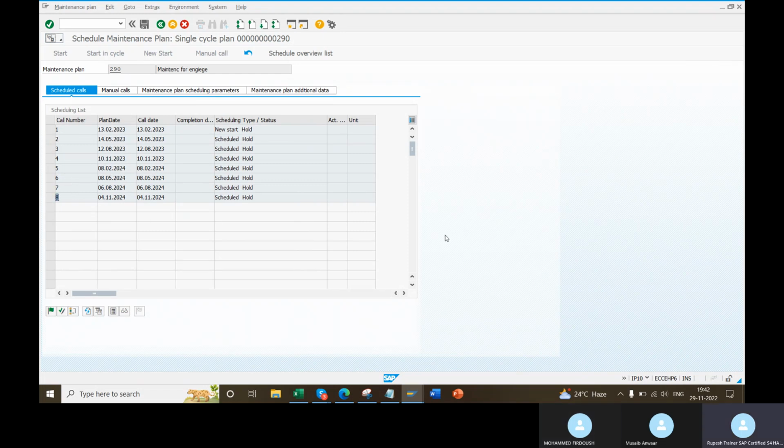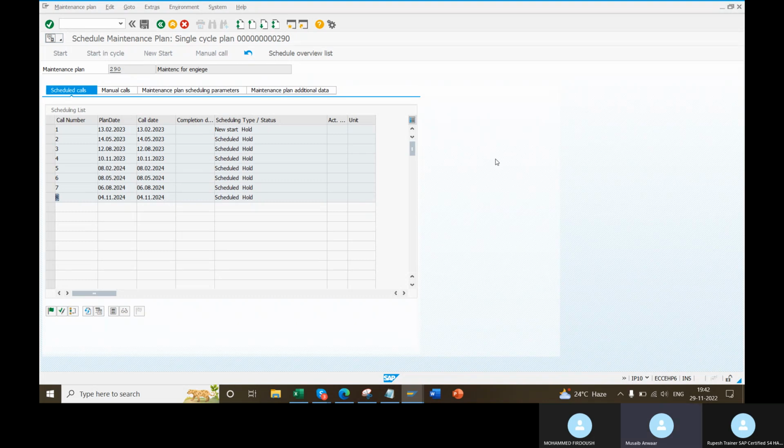Till now, everything good? Any questions? Sir, can we put the same date for all 8 work orders, respective of month? Then why do you need to come for preventive? In that case, why are you coming for preventive? You can do it manually, right? Then you will not get an order every 3 months; you will get all orders today itself.